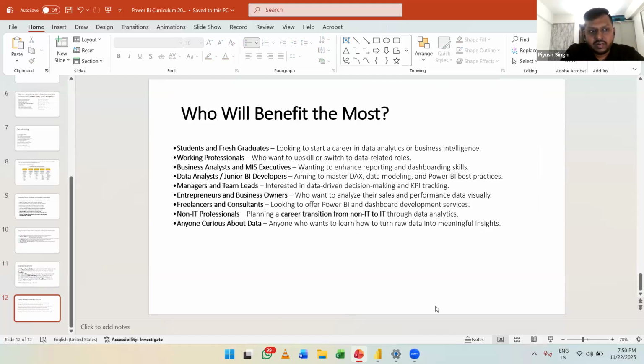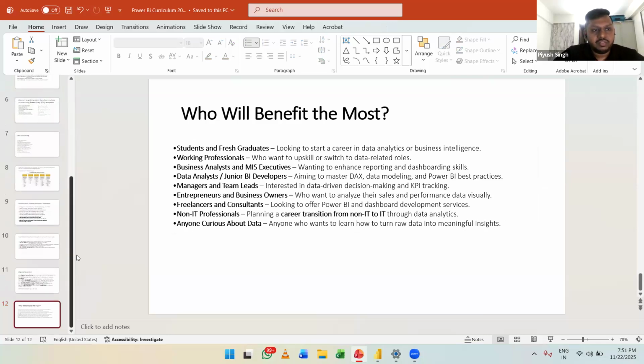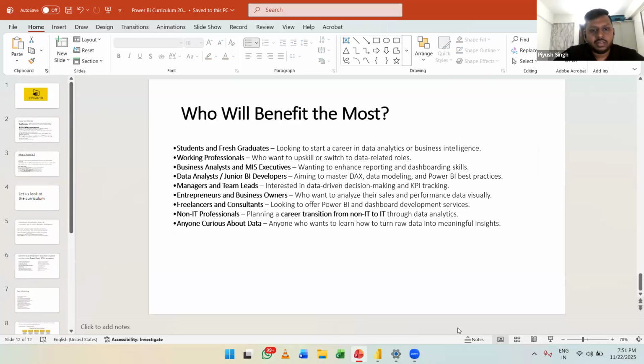If you're a fresher, you can expect something between 6 to 12 LPA. If you're an experienced IT professional and you feel that you are lacking on your skills, it is an excellent opportunity to start with Power BI. And from my perspective, anyone and everyone who wants to enter the world of data can learn Power BI.